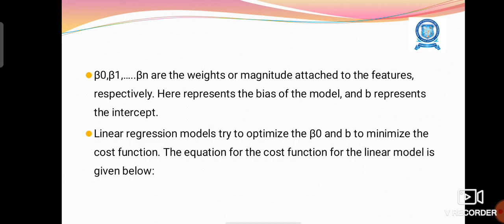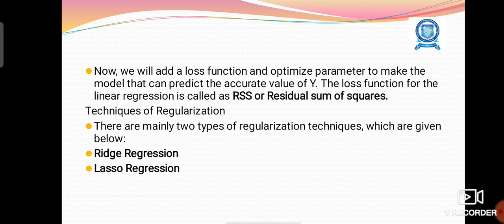Beta values are the weights or magnitude attached to the features respectively. Here b represents the bias of the model. B, the final b value represents the bias, which is actually the intercept. Linear regression models try to optimize the beta values and b to minimize the cost function. The equation for the cost function is